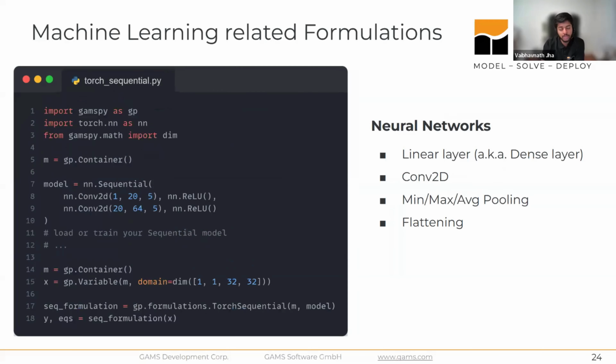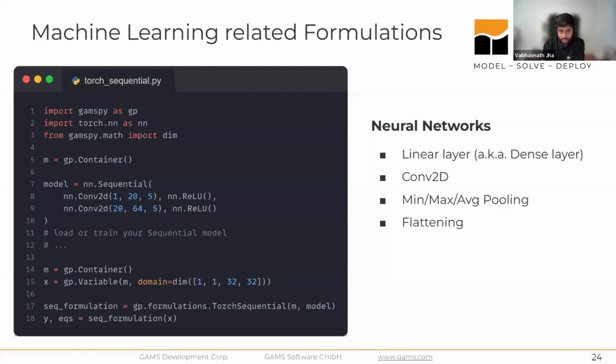Similarly, here's a list of currently supported most common constructs relevant in the context of embedding a neural network in an optimization model. In this snippet, you can see again how efficiently and elegantly we can embed a torch sequential model into a GAMSPy model. GAMSPy generates all the intermediate but relevant variables and equations under the hood and returns just the output variable and the list of equations for that embedded sequential model. Also, the previous slide and this slide are a moving target, and we will continuously keep on adding more formulations and constructs to it.